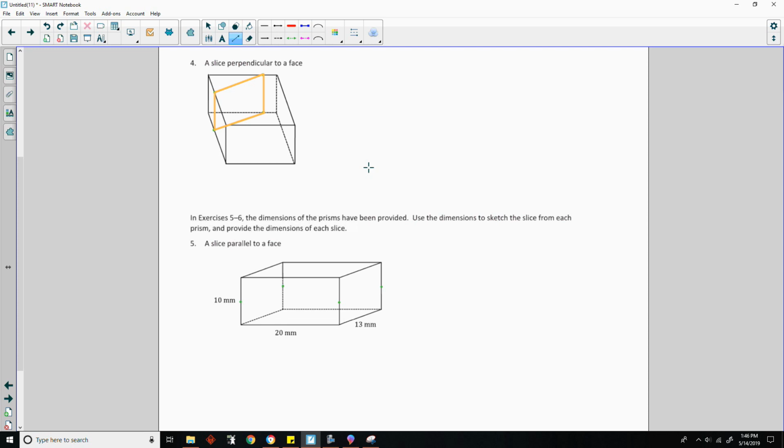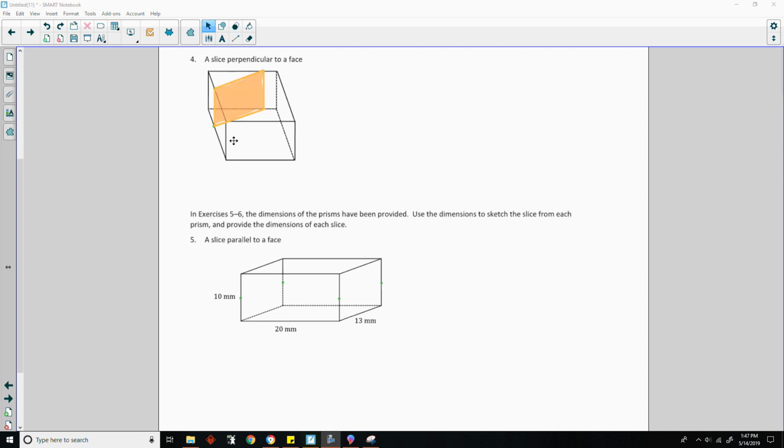And there is my section. Okay, so there it is shaded in. And this is perpendicular to the top or the bottom. So if I name the top A, B, C, D, or the bottom E, F, G, and down here, actually G,